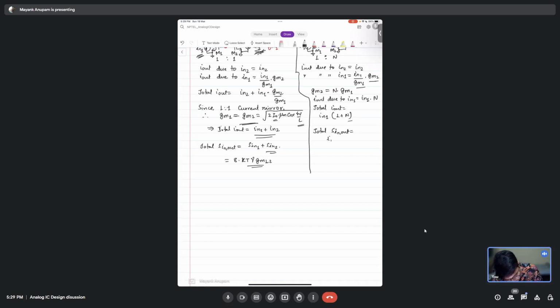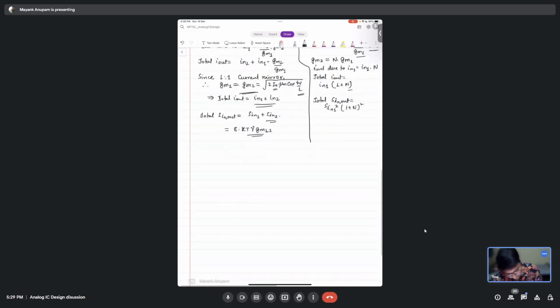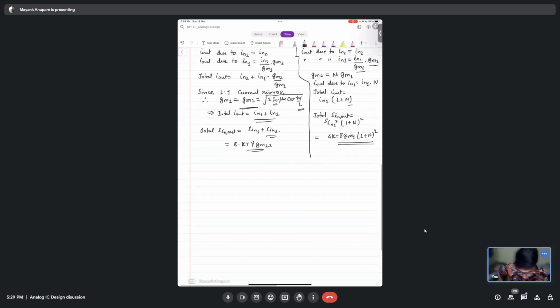Sin1 square into 1 plus n the whole square, right? So it will be 4 kt gamma gm1 over 1 plus n the whole square, correct? Right now? Yes, sir. Correct. So tell me, and if you have to compare between this and this, so what is gm1